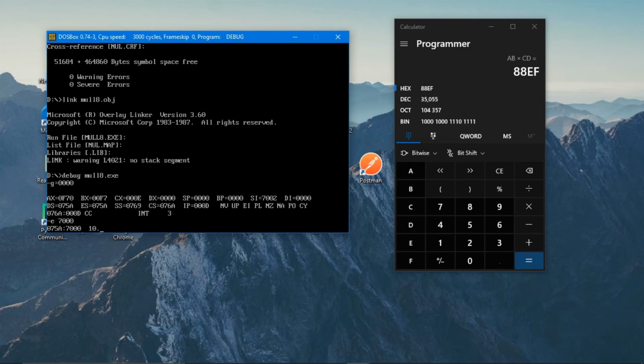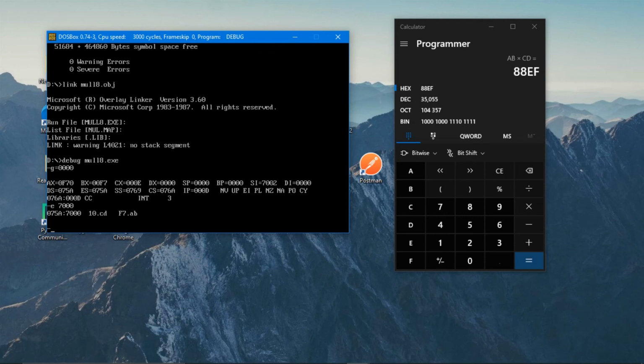So we are going to multiply the numbers AB into CD, right? So just type in CD and space and AB, not AB and CD. Because the starting location CD is the 7000 location and AB is the 7001 location. So over here, AB is the higher byte and CD is the lower byte. So type in CD AB, but in the calculator you have to type as ABCD. Now just type in enter.